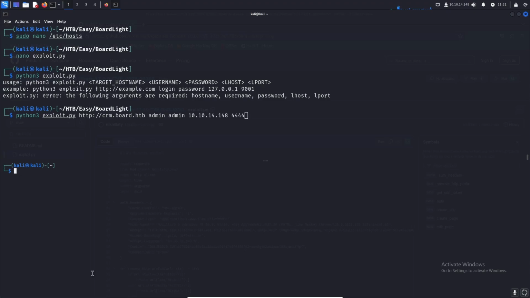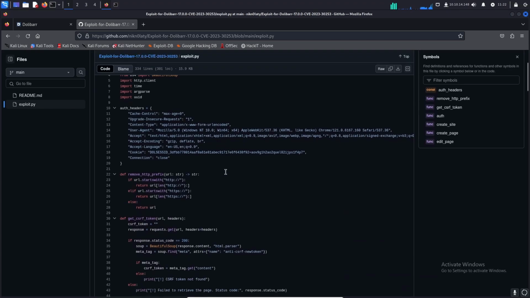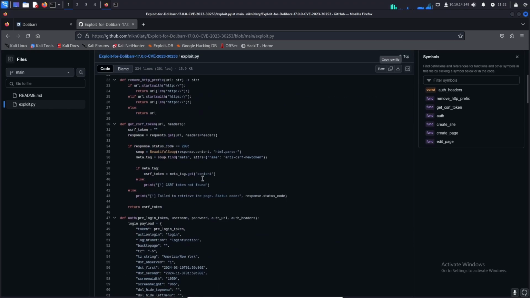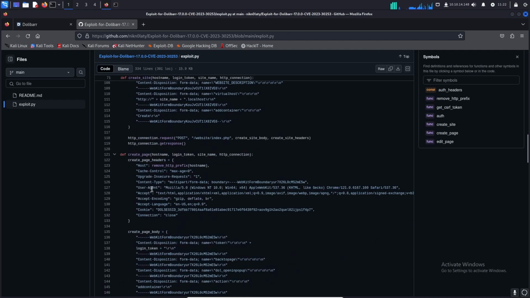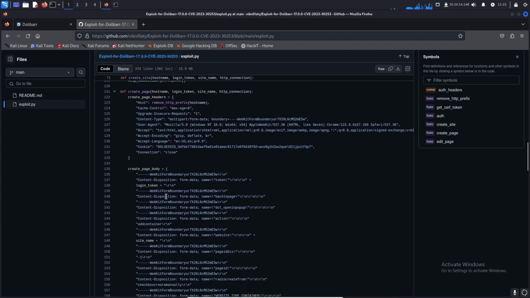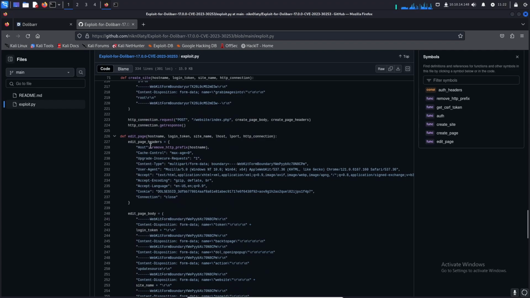And then on our other terminal panel, we can listen on port 4444. So we're just going to be listening for any callback from our command here. And this exploit.py, if we look at it deeper, is essentially just going to inject PHP code into the already logged in session and give us a reverse shell that way. So it's creating a session, and then with that session, it's going to